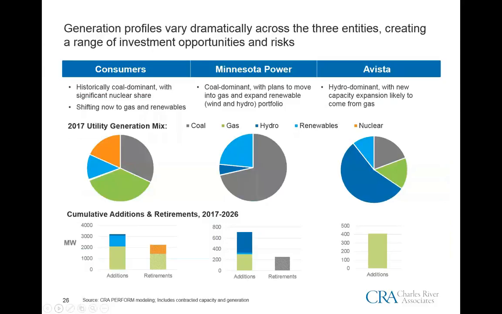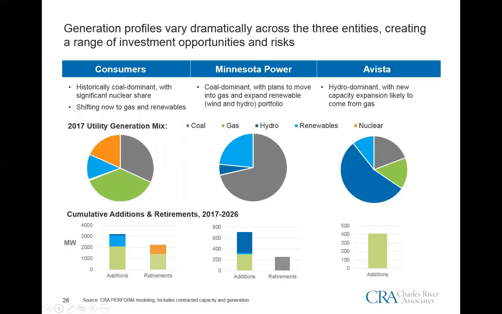So if we take a look at the starting points of each of these entities from a portfolio standpoint, you can see that they're quite different. And in order to understand where each of these entities might be going forward in terms of rate growth and headroom and earnings growth and earnings at risk, it's certainly important to take a look at the generation portfolio and where it stands now and where it might go in the future. As was mentioned, each of these utilities that we looked at in this case study has quite a different portfolio of generating resources, both owned and under contract.